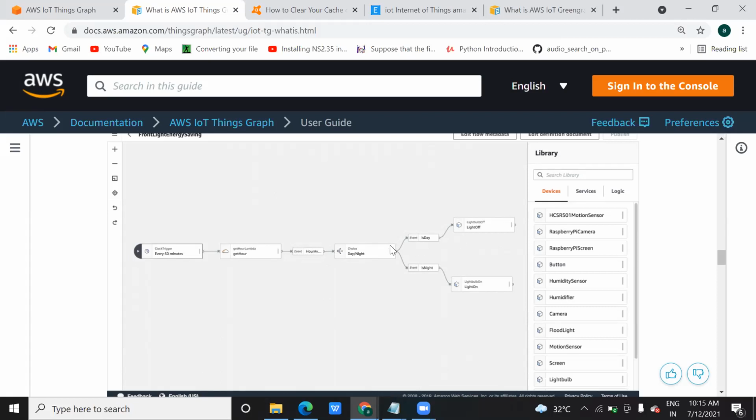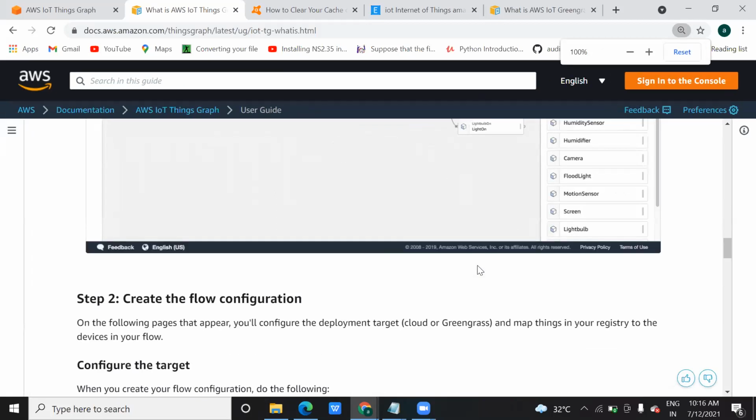Based on that, if it is day, then he will switch on or switch off the motor. Or suppose the tank gets full, some trigger will be generated, like he will get a message on his mail or his mobile that the tank is full. Then he will turn off or start the motor based on that. Yesterday we saw the Simple Notification Service, SNS, right? That is completely based on triggering the event. On a certain event it will send a message, either in the form of mail, mobile chat message, or SMS. So it is completely based on this. I have to think, Things Graph is like automating things.